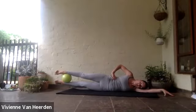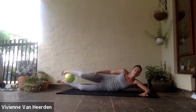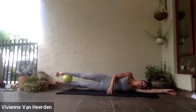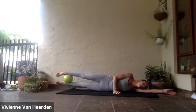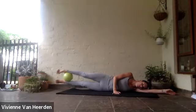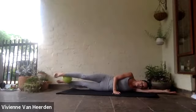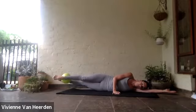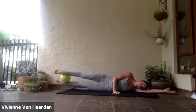And squeeze for 2, and release, and squeeze for 3, and then 4, and you're just going to squeeze and hold for 5, 1, 2, 3, 4, 5, and we're going to pulse, 1, 2, 3, 4, 5. You're going to rotate the ball forwards as you're squeezing it, and backwards, and forwards, and back, and 3,